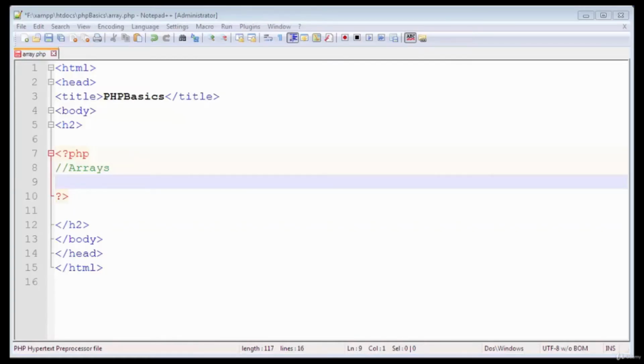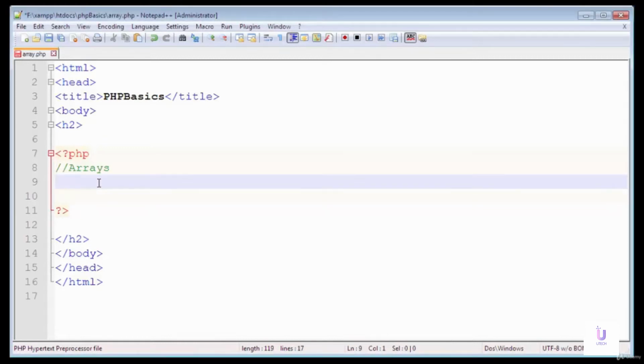In this video I'm gonna teach you about arrays in PHP. So what are arrays? An array is a collection of multiple variables indexed in a single variable. You can see that we can store multiple variables in a single variable that is called an array variable. An array stores multiple values at different indexes. An array uses indexes to store multiple values.